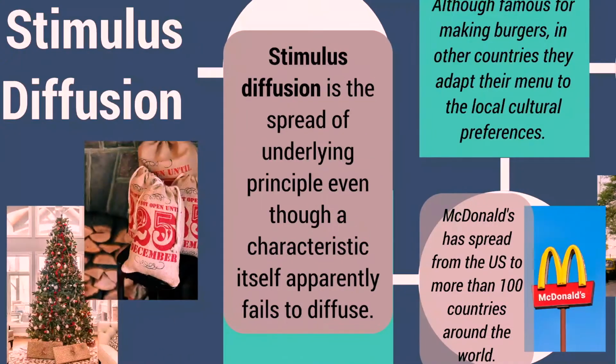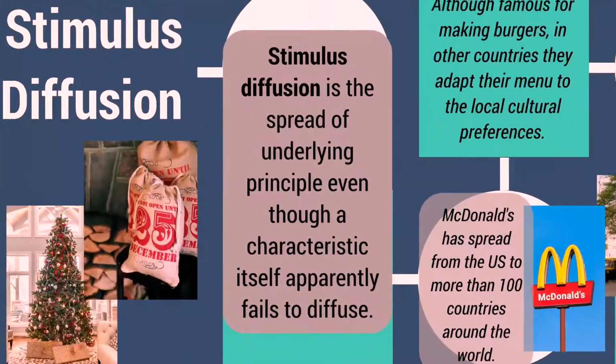Stimulus diffusion is the spread of a principle of a characteristic, but not the entire characteristic. So pieces of something spread, but the whole thing does not spread. I think about this a lot with innovative college football offenses, where the hurry up, no huddle offense is a piece of a bigger offense. That has become popularized, and a lot of people have taken the hurry up, no huddle, but they don't take all of those original pieces of the air raid offense or the run pass option. They just keep that.